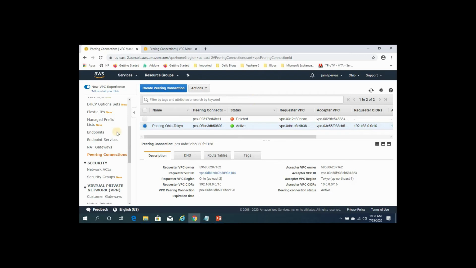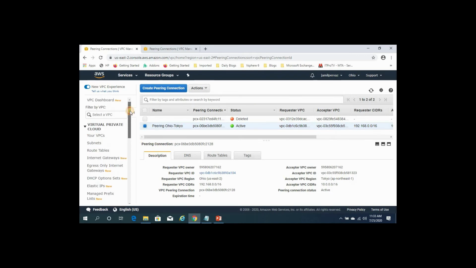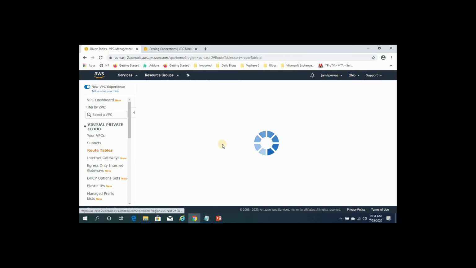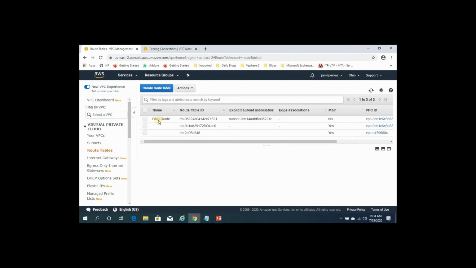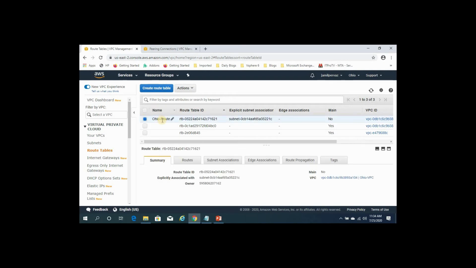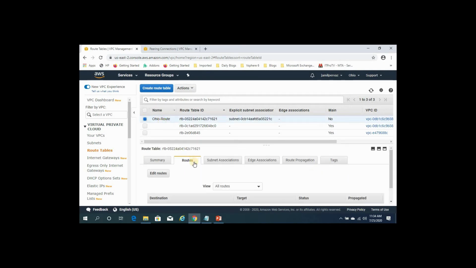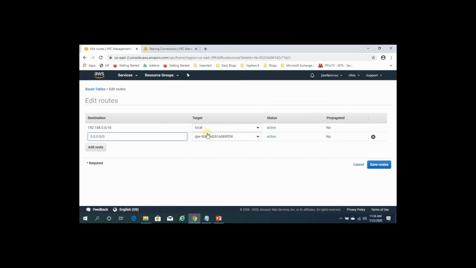So the next step is we need to update our route tables. So select route tables, select your Ohio route, click on routes, select edit routes. So now we need to add a route for our Tokyo region, because we are now in the Ohio region.